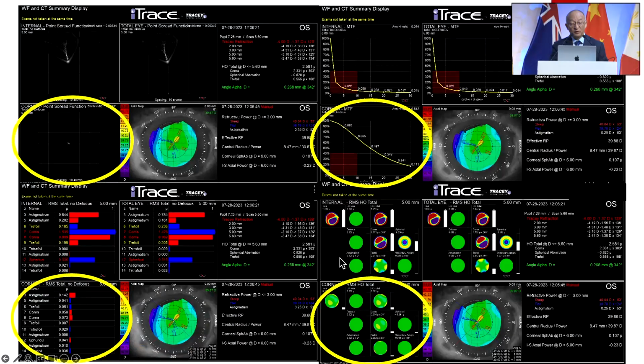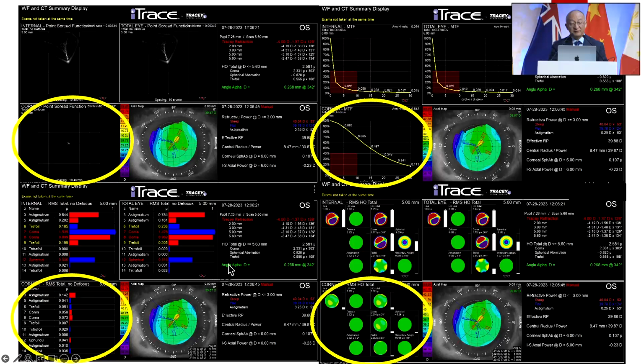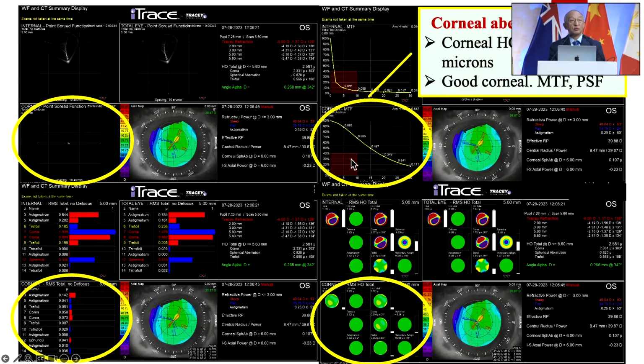It has almost 8 incisions. There it is better to map your cornea and look at the aberration profile. If you see here, this is a corneal aberration profile. This is astigmatism. Trefoil and coma are very, very minimal. No trefoil, no coma. And these are very nice MTF values. And in this patient, the cornea is good. If the cornea is good, you can always take a premium IOL as an option for these patients,